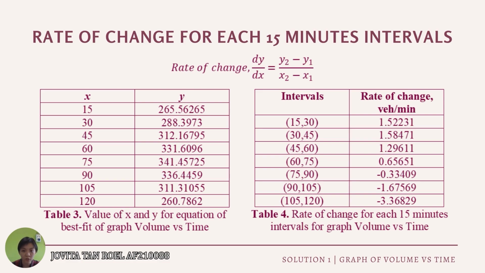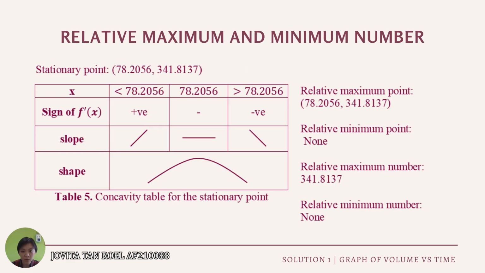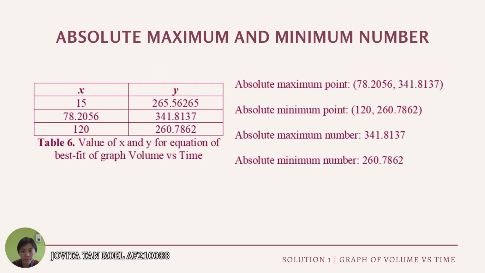Next, we calculate the rate of change of each 15-minute interval. By using this formula, we can get the rate of change of each 15-minute interval, which is listed in table 4. To find the relative maximum and minimum number, first we need to find the stationary point. The concavity table shows that the stationary point is a relative maximum point. Therefore, the relative maximum number is 341.8137 and there is no relative minimum number. Next, we compare the values when x is equal to 15, 120 and the relative maximum point to get the absolute maximum and minimum point. Therefore, the absolute maximum number is 341.8137 and the absolute minimum number is